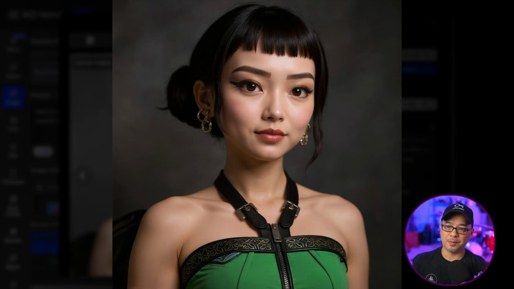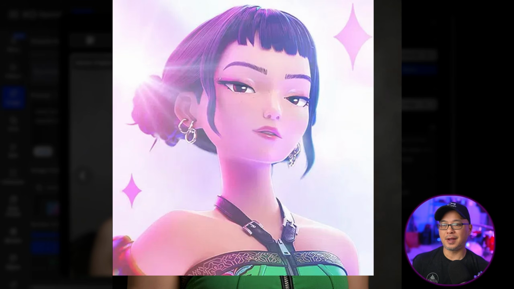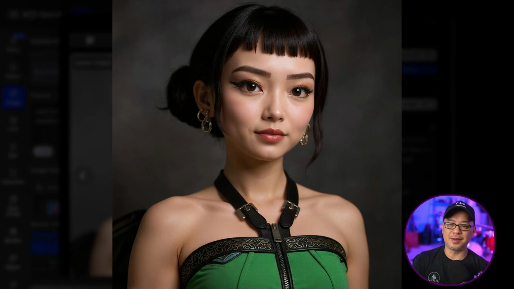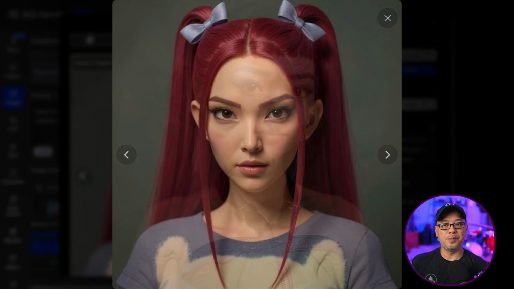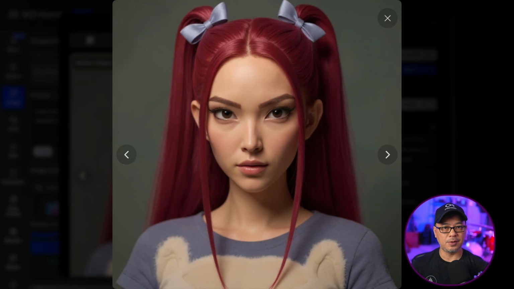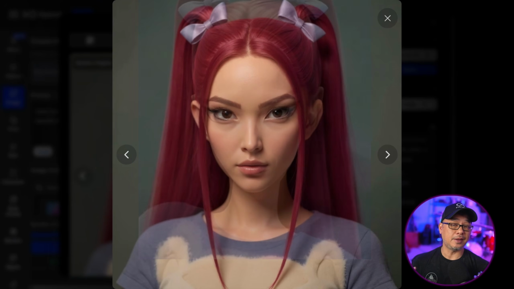Now, it kind of messed up her hair here on the left, but I chose to leave it because I wanted to portray that not everything is perfect, especially when you're going to bring them into video. But if I wanted to be more nitpicky, I would have generated a few more images to get her hair to be more consistent. And for Mira, this was the initial image that I generated, and I think it really